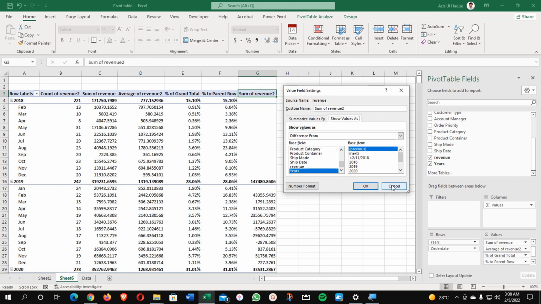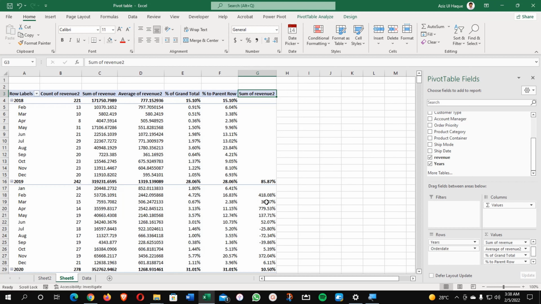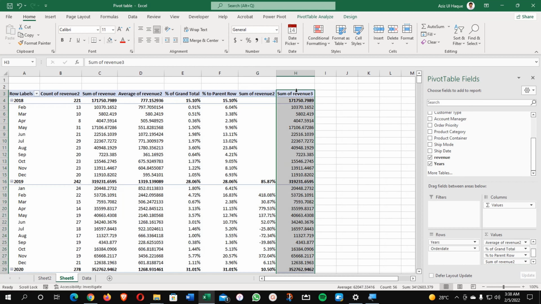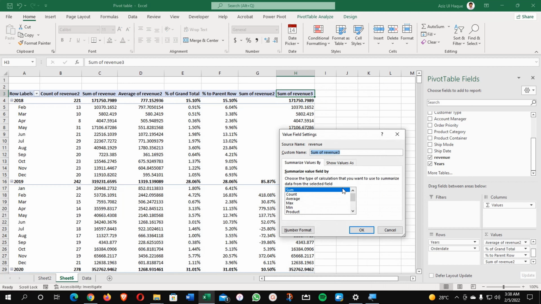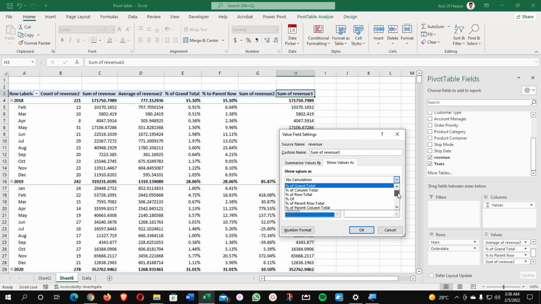Now, for example, I'm looking at a running total. I can even make it percentage-wise. Okay, you can see here it is giving me the percentages. Now, for example, I'll include one more column here, and I will do the calculation for you. Go to field setting, and I will see here difference from, and there should be one with percentage,